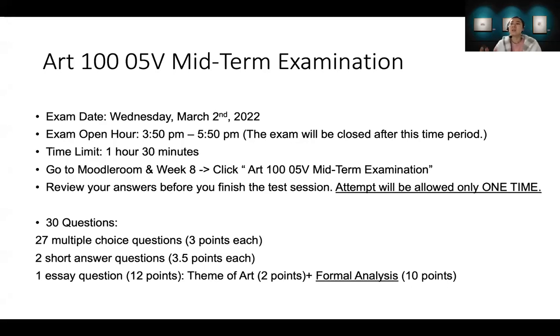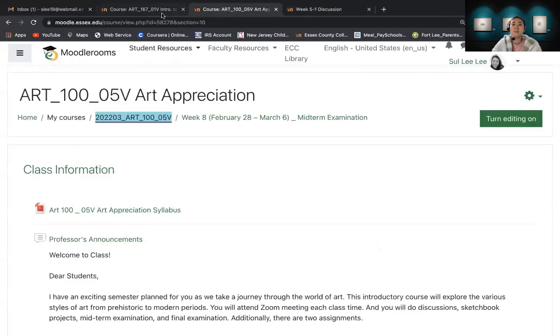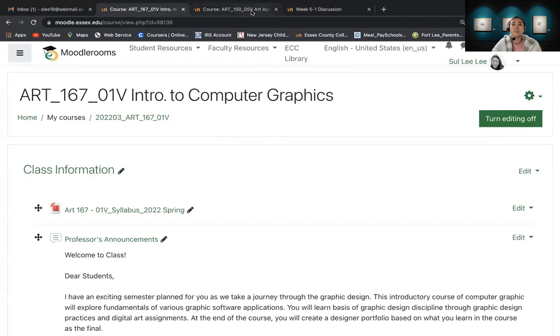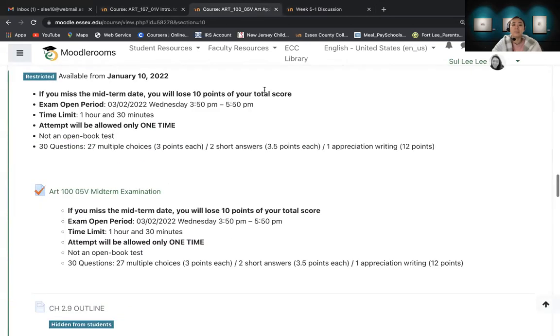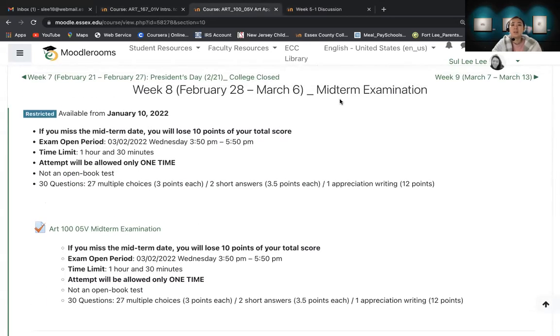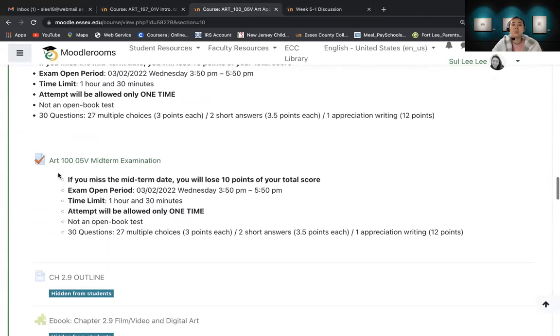You will not come to this meeting room. You're going to go straight to the Moodle room. Go to week 8, and you will see here Art 100, 05V midterm examination session.